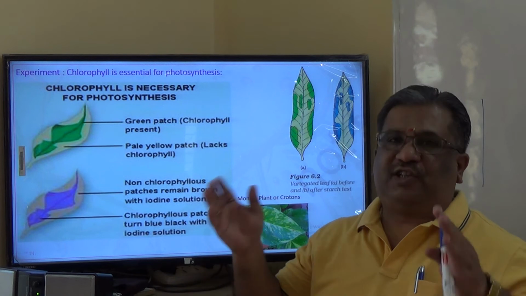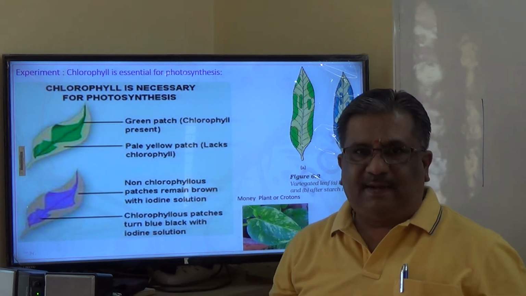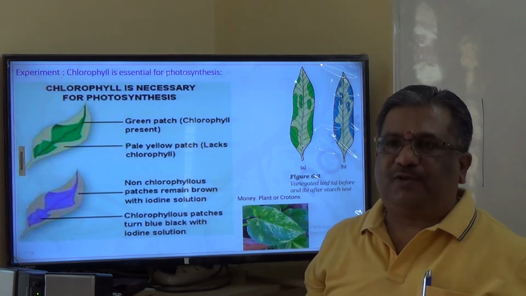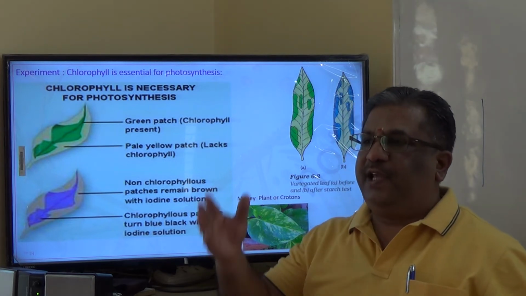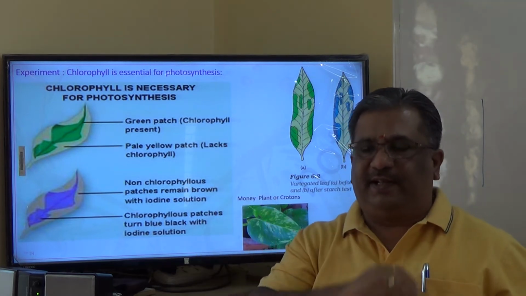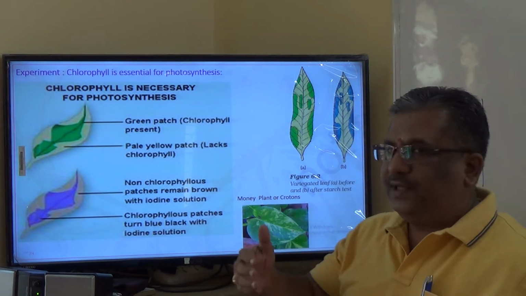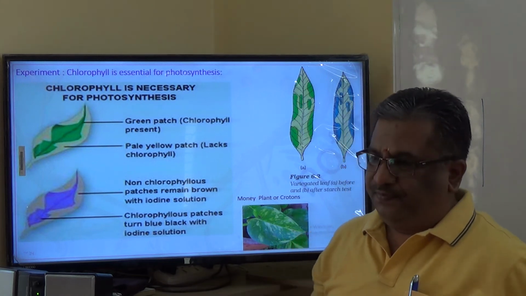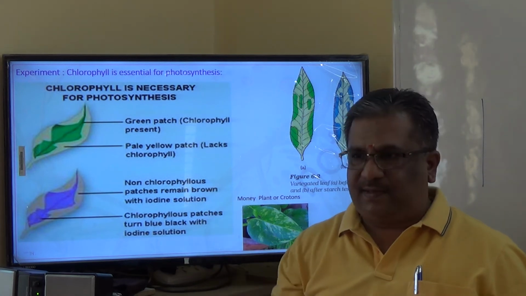The entire starch which is present in the plant is utilized, isn't it? So no more glucose is present there. The entire glucose, or the starch, polymeric glucose, is utilized if you keep the plant in a dark room for 3 days. Then you pick up that plant and keep it outside for about 6 hours. Keep that plant outside means you subject it to the sunlight for about 6 hours.